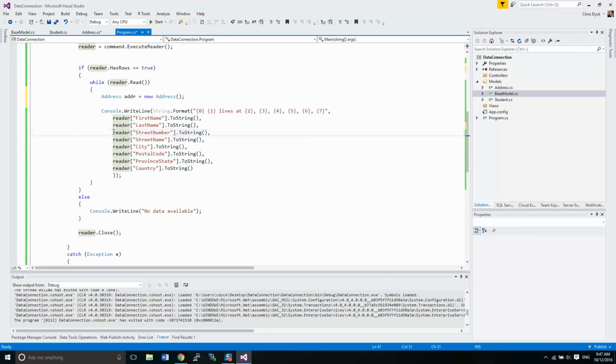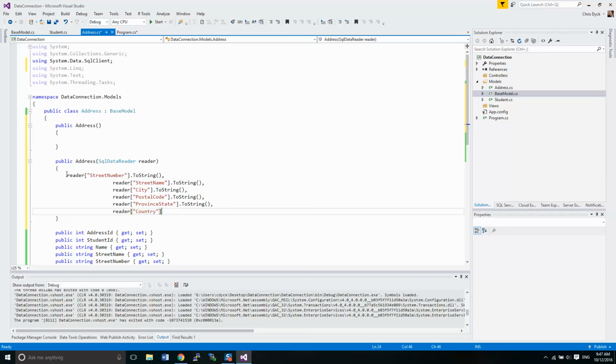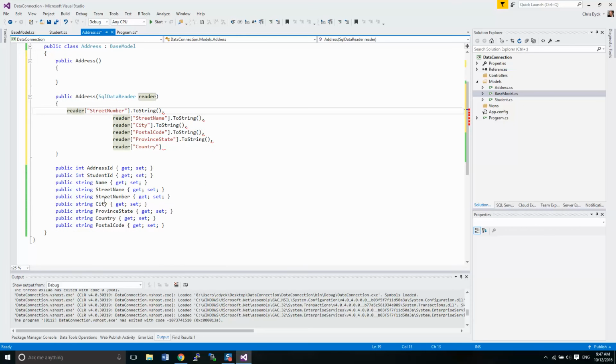So we're going to take over this information. I'm going to copy that. Okay, and paste it into here. All right. So this means that if we have a valid reader, we're going to just fill some data by instantiating the object